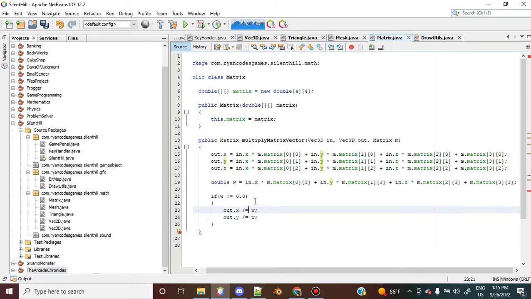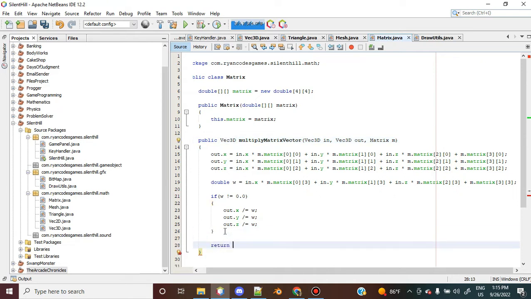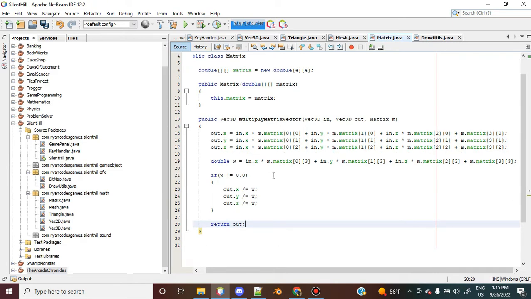Let me not forget any of my actual mathematical operators. I like how I said this was supposed to return a matrix, but this actually is supposed to return a vector. Okay,